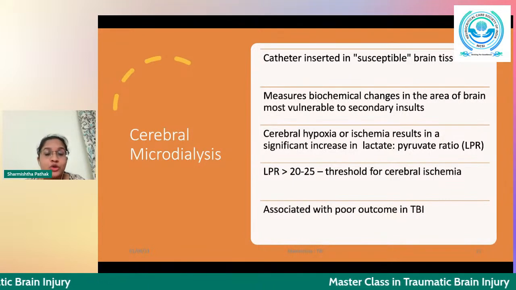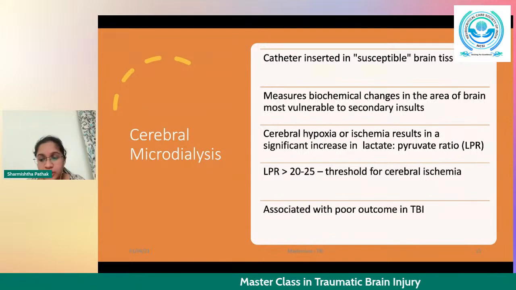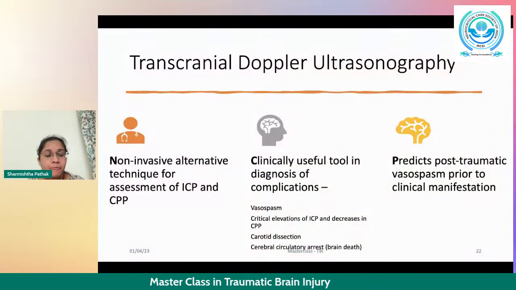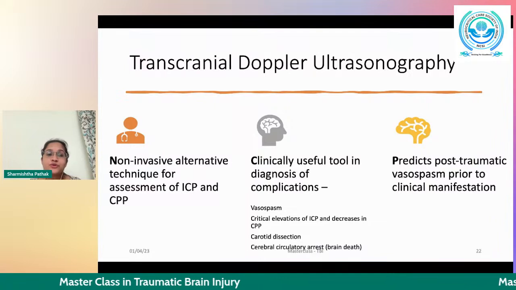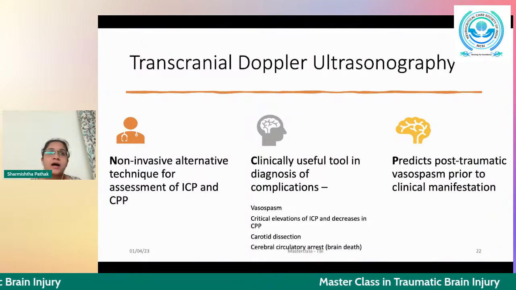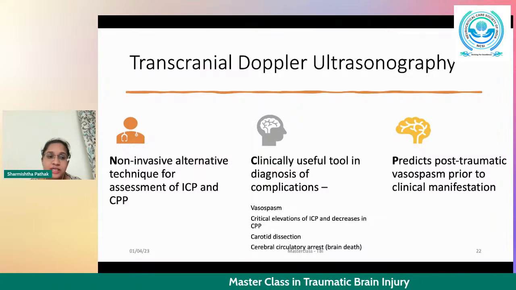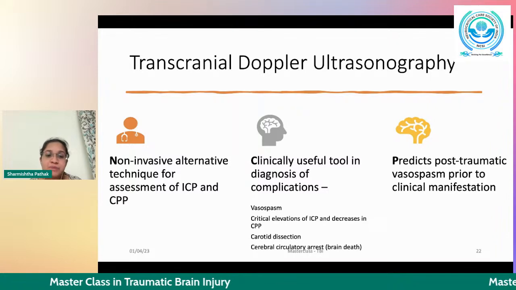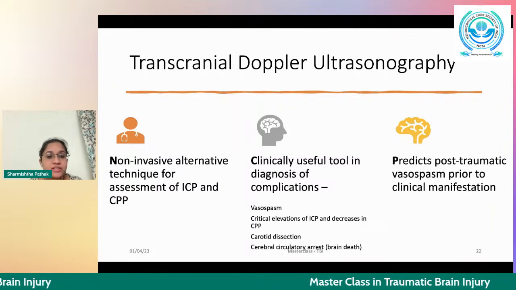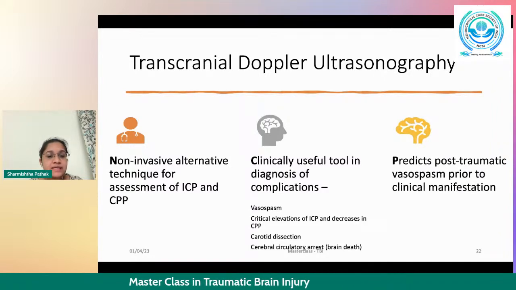This has been found to be associated again with poor outcome in severe TBI patients. Transcranial Doppler ultrasonography provides us with a non-invasive alternative technique for measuring the cerebral blood flow velocity. Thus, it is a technique for assessment of ICP and CPP. It is a clinically useful tool in diagnosing complications like vasospasm, critical elevations of ICP and decreases in CPP,